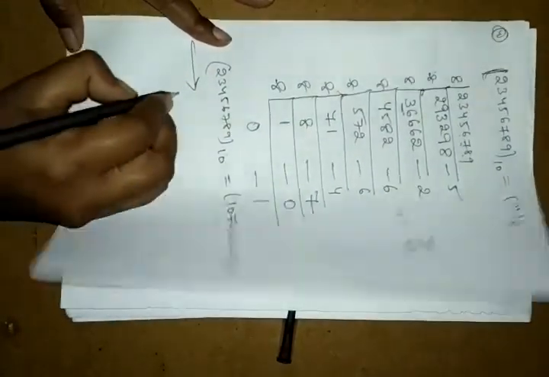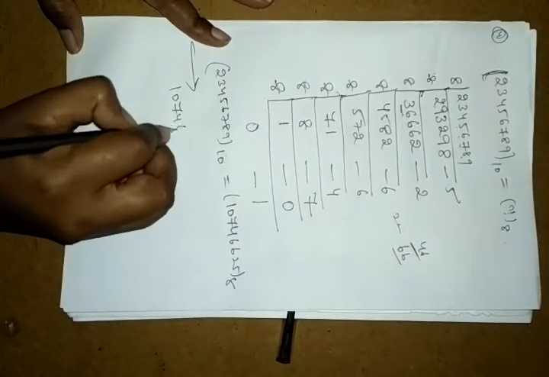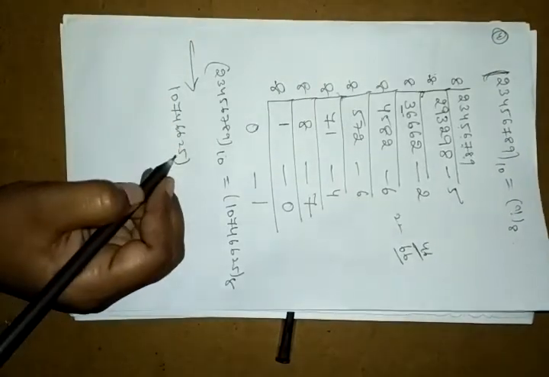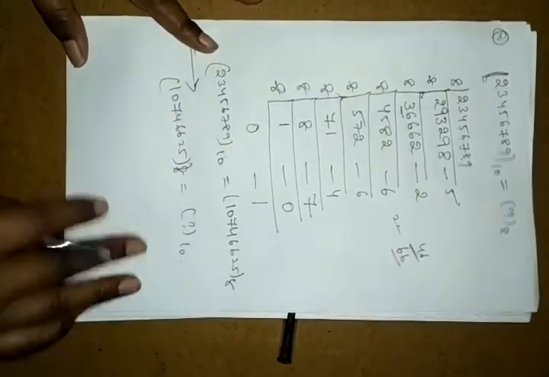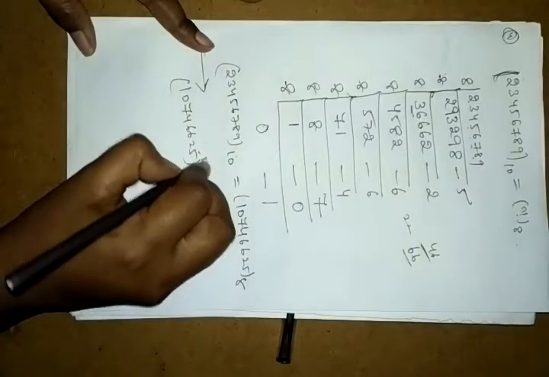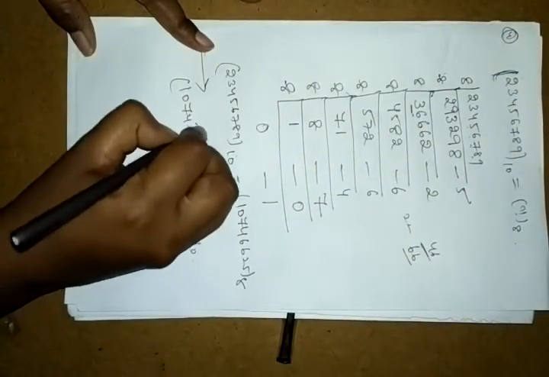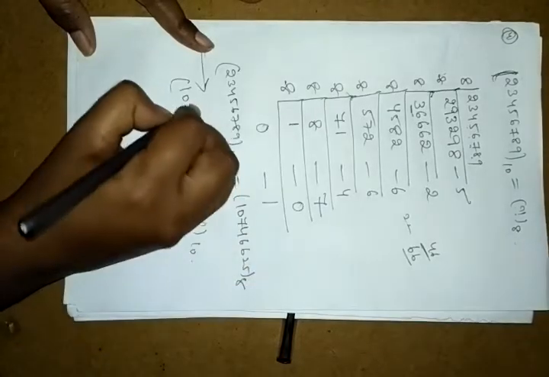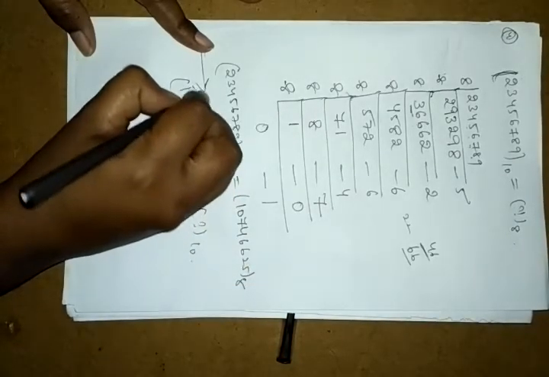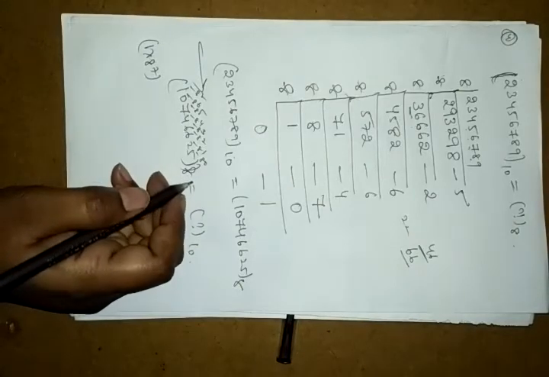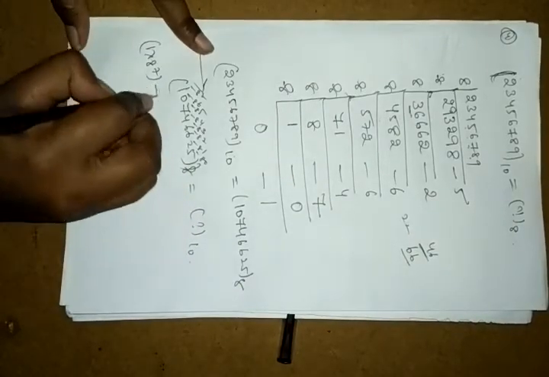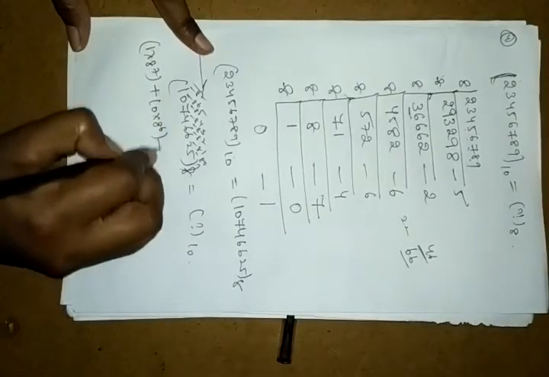Okay, so then go, this is the reverse. 10746625 base 8 equals to how much of base 10. Okay, power 0, power 1, power 2, power 3, power 4, power 5, power 6, power 7. Yes, this is the lakhs. Okay, 1 into 8 power 7 plus 0 into 8 power 6 plus 7 into 8 power 5,